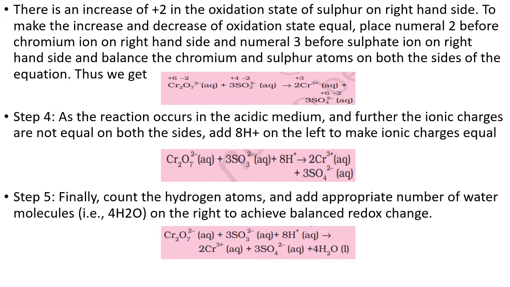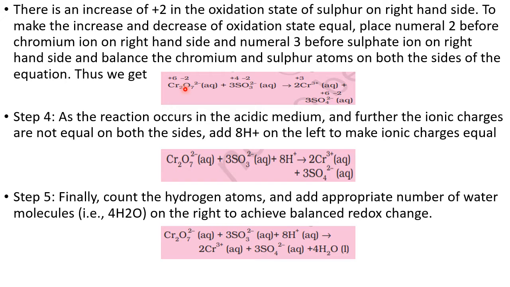Now I told you to equalize increase and decrease. Now how much decrease? Decrease by 3 per Cr atom. But here in the equation there are 2 Cr on the LHS, and in the RHS there was only 1 Cr. So to equalize, I have taken 2 here, 2 here. So 2 Cr here, 2 Cr here. So for 1 Cr, decrease by 3. For 2 Cr, total decrease is 6. So 6 decrease in the ON.